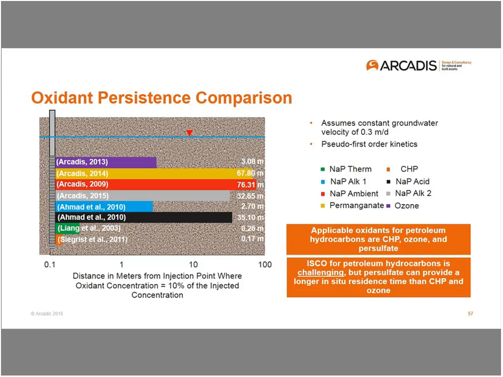So if you take the rate constant that was manipulated out of all these different reference studies, and you apply that to the pseudo first order concentration calculation, this is what you would ultimately get. You come up with a time, that time on a groundwater velocity equals a distance down gradient. So it presents a comparative representation of the length of time these oxidants would be expected to be in contact with dissolved